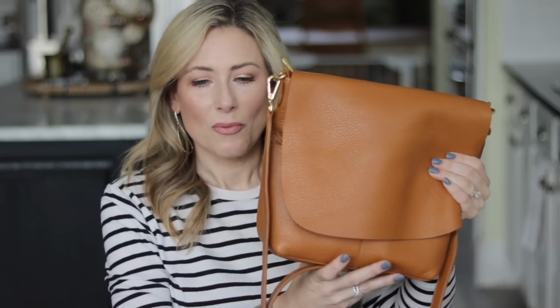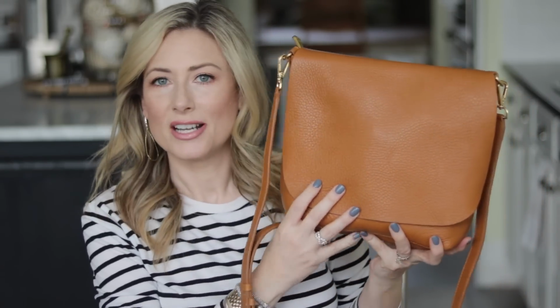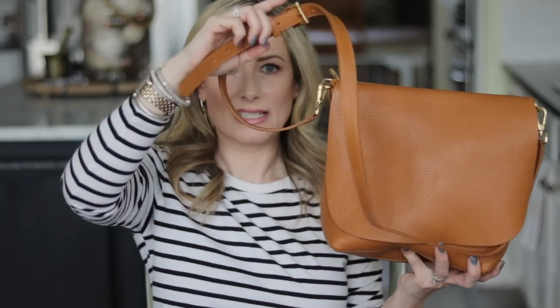Okay, so this is the Andie, like I said. She is in this incarnation in the camel color. It also comes in, they call it stone. I'm gonna call it beige. Like a Bordeaux color, I wanna say, like that maroony color, and a black. The strap comes off, and as you can see, it is adjustable. And I have put it on the second to shortest length because I am not a very tall person